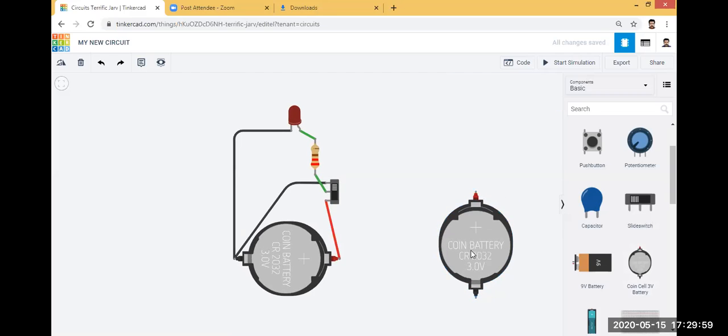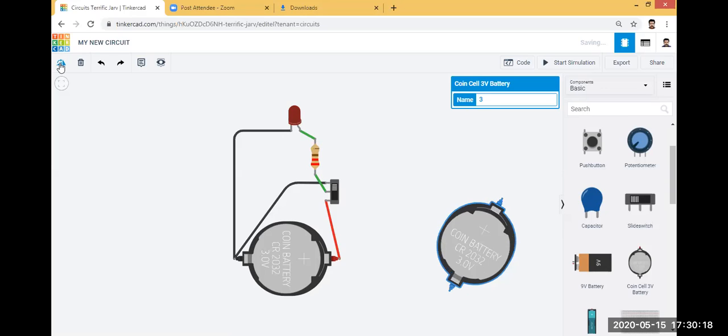Okay, so here when you compare these two figures, this is an example I will show you. When you compare these two, you can see the position of these two batteries are not similar. So I want to change the position. Which command do I want to use? In the top left side there is a command called rotate. So I will just click this button. You can see this is the rotate.